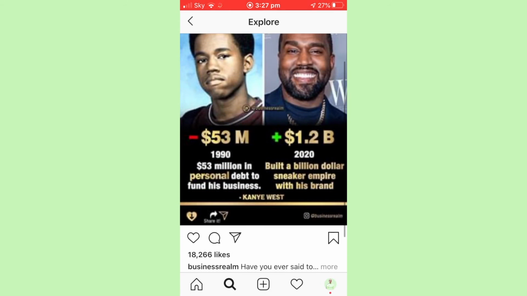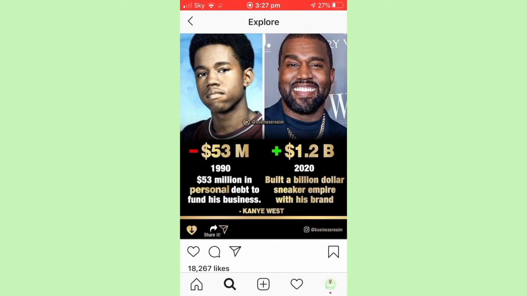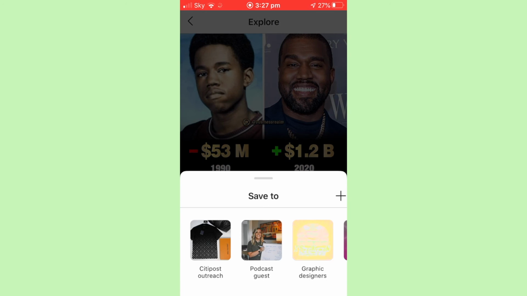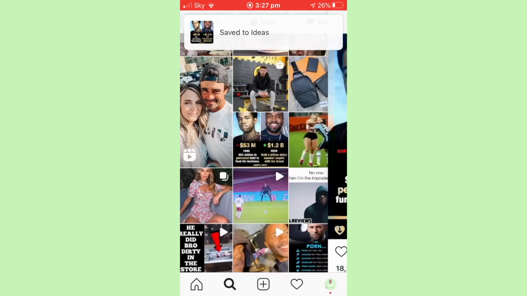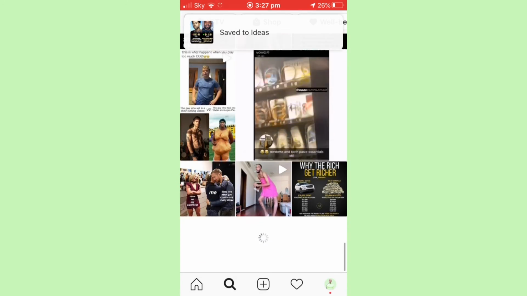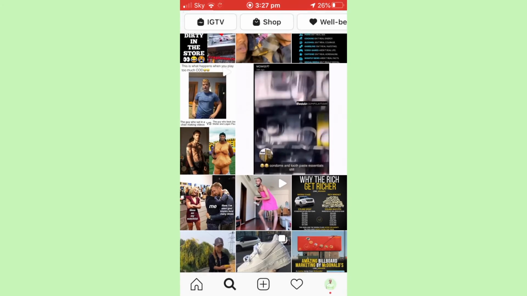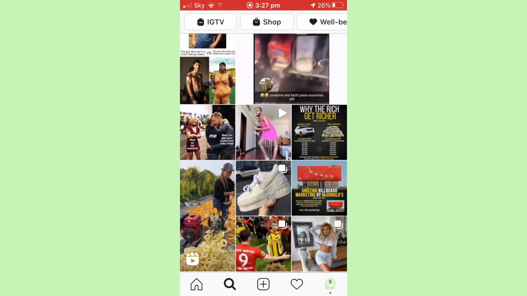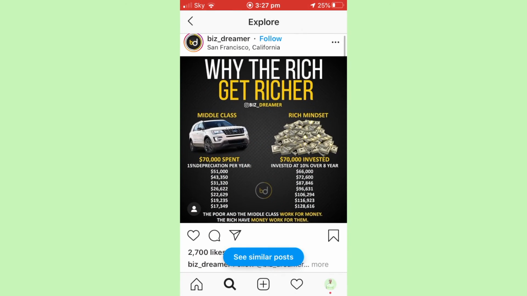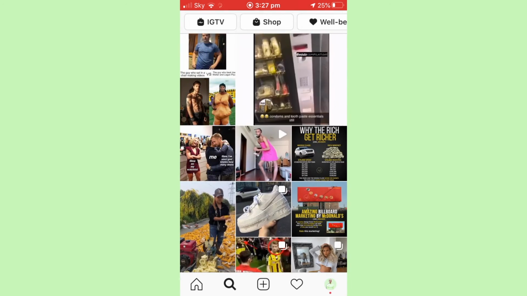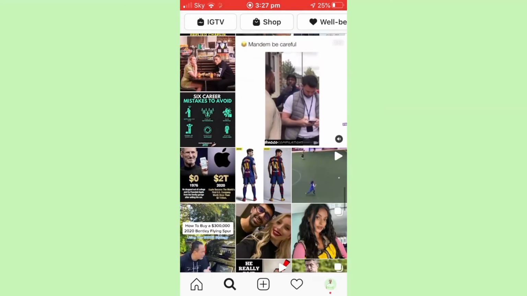And if I wanted to replicate something like this, then I would just use this save button here and hit save to collection, and then I would just save this to my ideas folder. And you can just continue to do this and look at things that you might potentially want to recreate. So same with this one, for example, I could create the same sort of picture and just use this as a template when I'm designing the graphic. And I could just keep doing that.